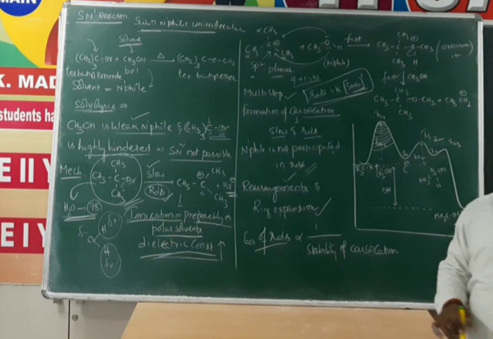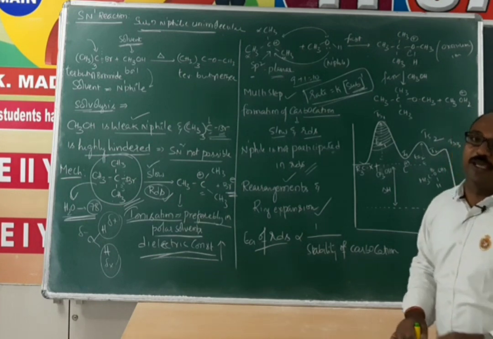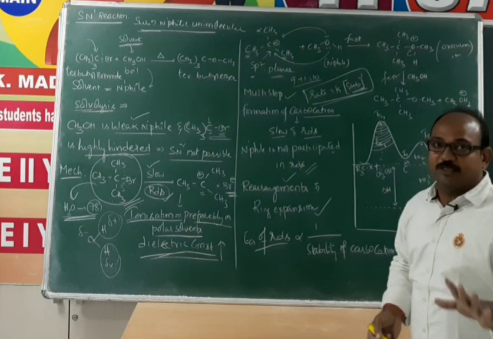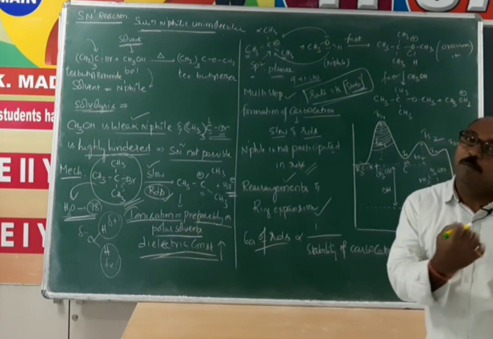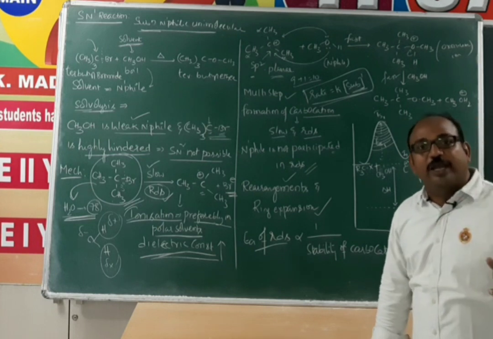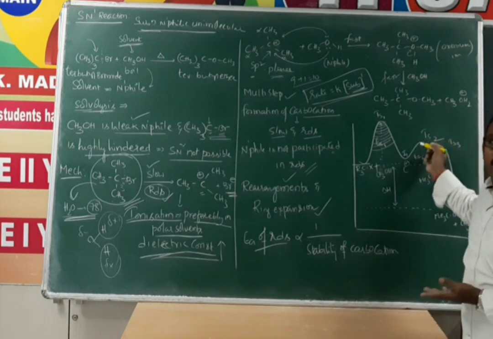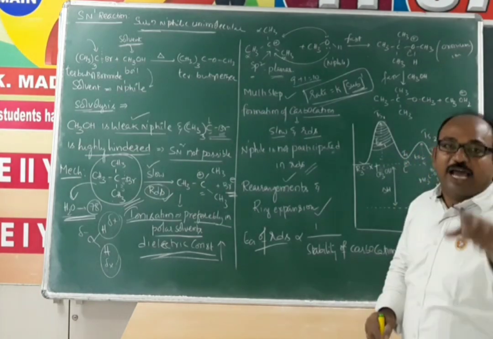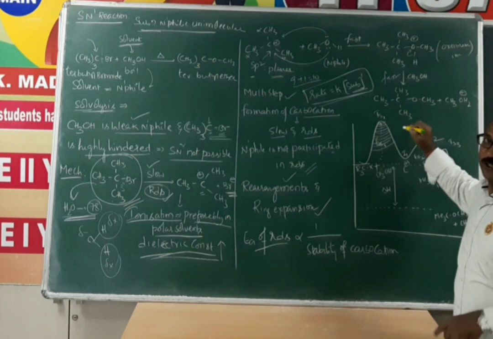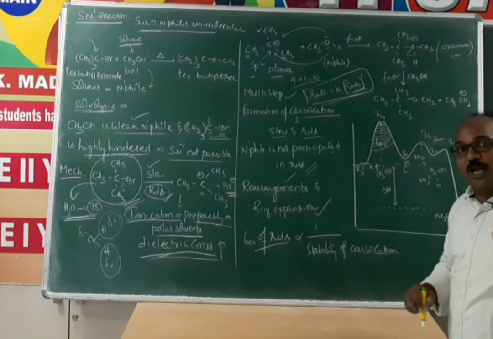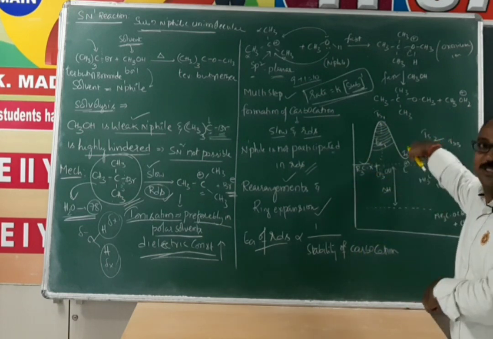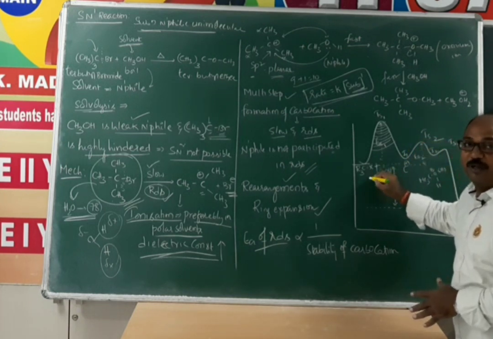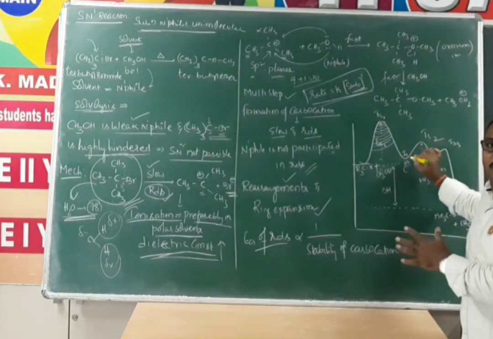So consider the qualification required to enter IIT through JEE Advanced: it is +2, right? But those who have passed +2 do not get a direct seat in IIT. They should complete their +2, and in addition they have to clear a competitive exam. Of course, not one, two examinations. That means two transition states are there. Here only one transition state. Got it? Here reactants are the +2 people, and of course this one is the intermediate, or IIT, whatever it may be, the product.